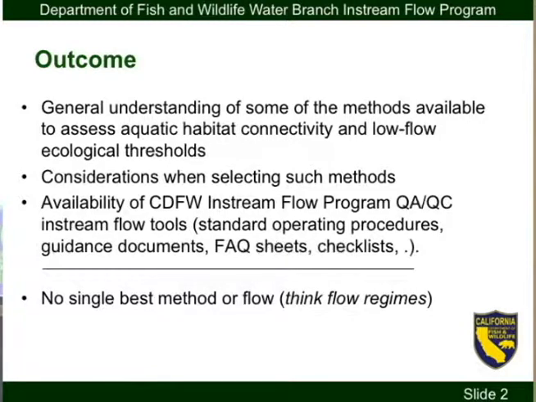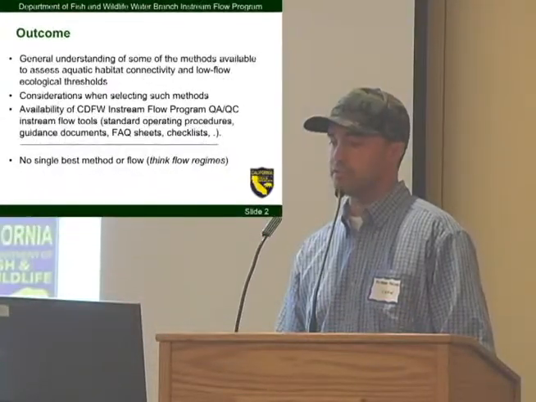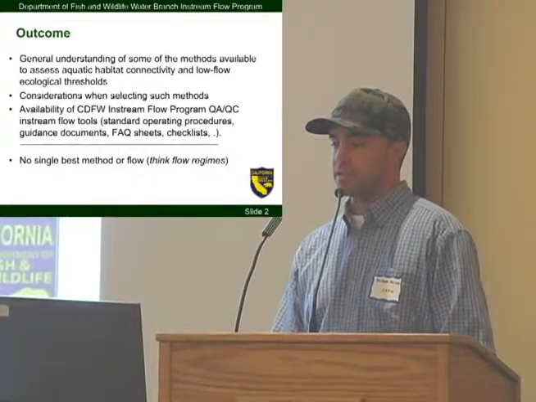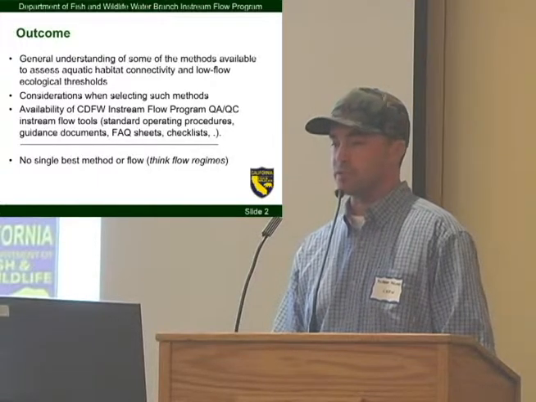The outcome for today that I'm hoping is that you all will come out of here with more of a general understanding of some of the types of methods that are available to assess aquatic habitat connectivity and also low flow ecological thresholds. And then when you're selecting and using those types of methods, what are some of the considerations that you should have? And then lastly, I want to also let you know where to find more information,